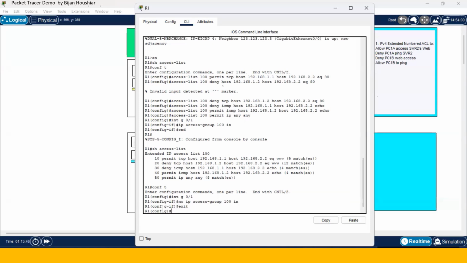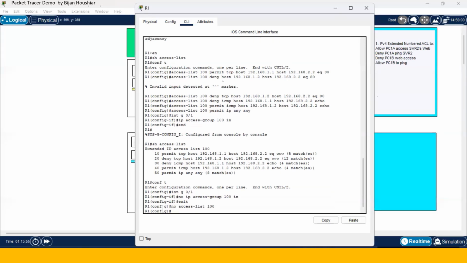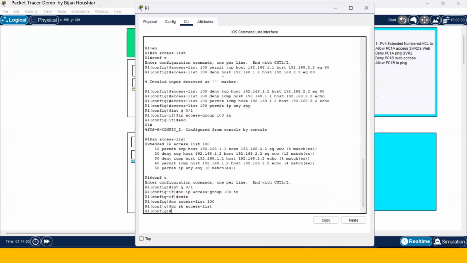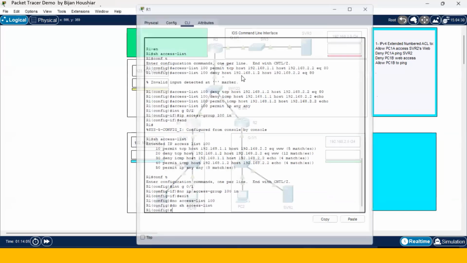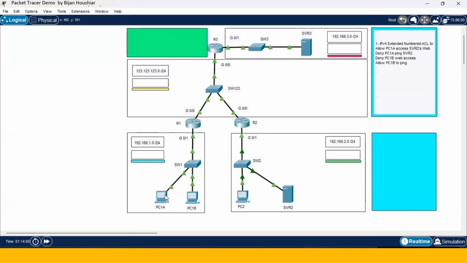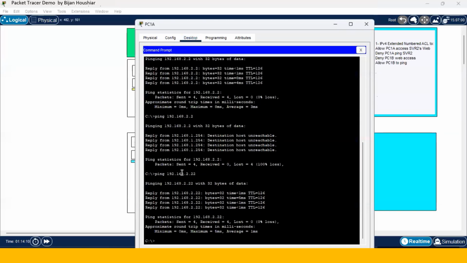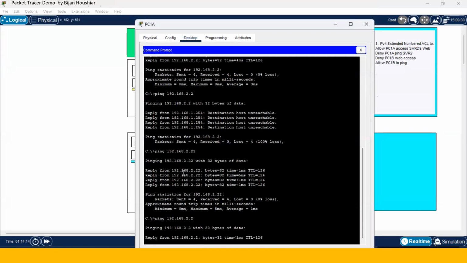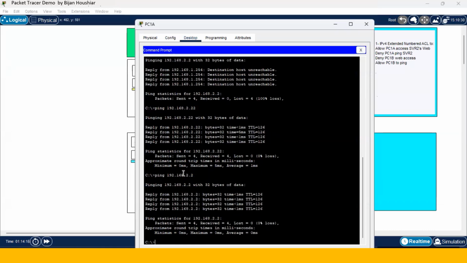We go back to global configuration and we say no access-list 100, and we remove that one. Let's see if there is any access control list with show access-list. No access control list exists right now and we removed all of them. Let's see if PC1A can ping the server right now. If it can, we have removed the access control list that we created